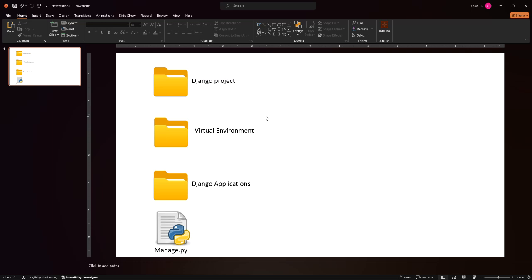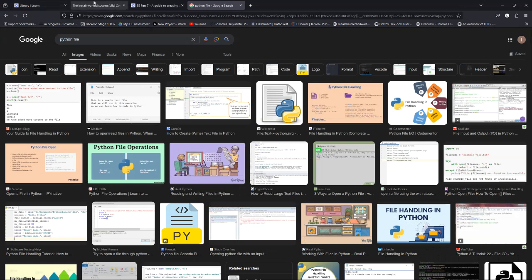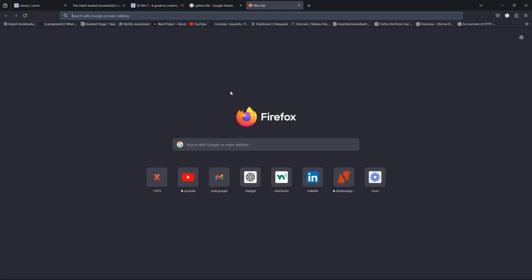Now the next thing: everything in your Django web application is an app. So you cannot start creating anything without creating an application first. So it's a rule of thumb. Let me show you guys something. So let's say I go to